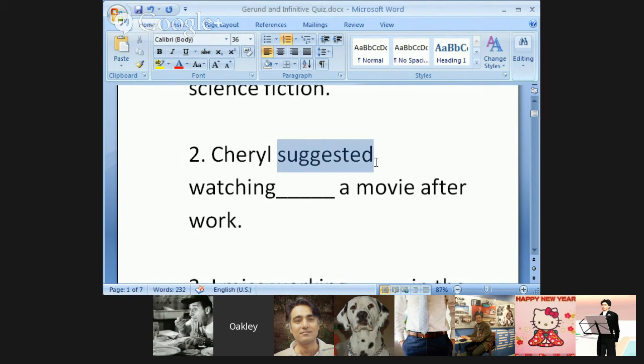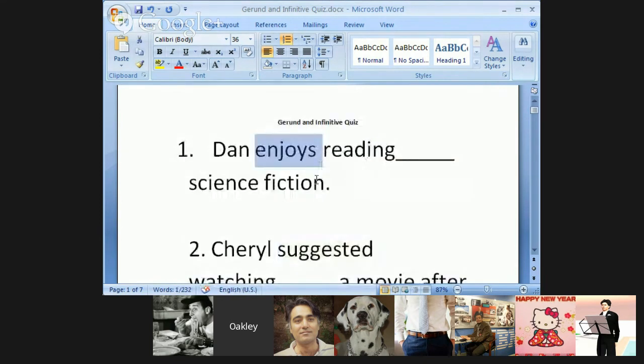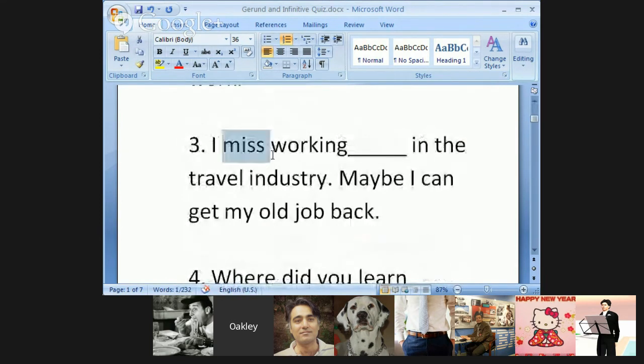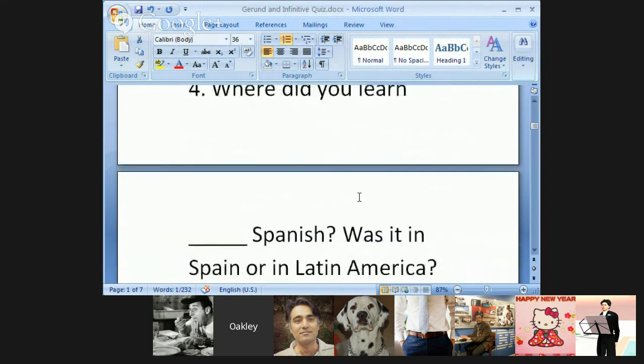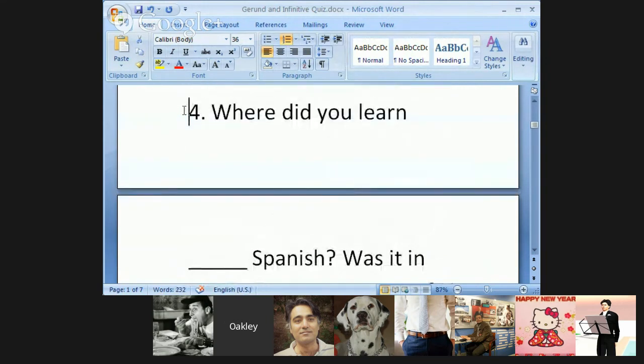Suggest, advise, recommend, enjoy, miss. These are all stative verbs, and they all have to have a gerund. We're going to find some stative verbs that can take a gerund or an infinitive, but for the most part, stative verbs demand a gerund. Or, at the very least, stative verbs are okay with a gerund, even if they take both. Okay, next.